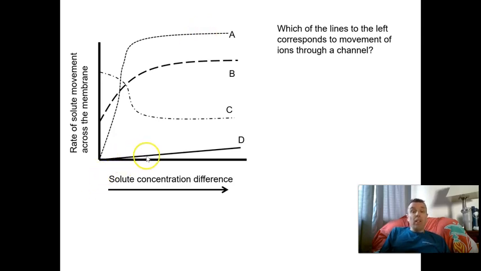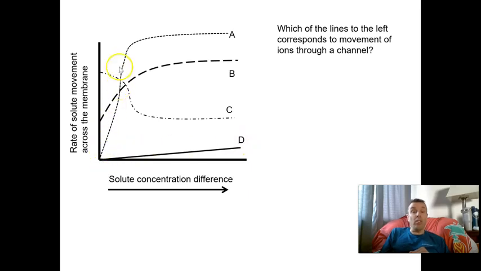But here, this never plateaus out. So if something is moving across the membrane on its own and doesn't need help, then the more difference you have in concentration, the faster it's going to be all the time, because you're not going to run out of helpers getting them across. So D would actually be your passive diffusion, things flowing across the membrane on their own,